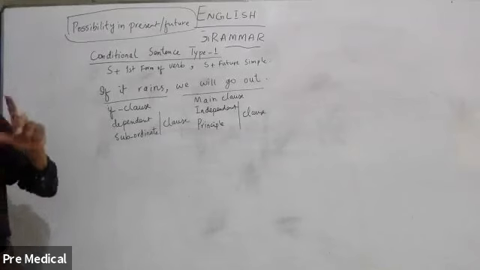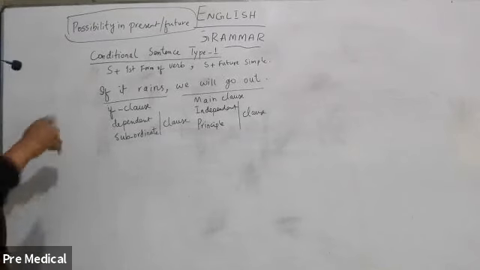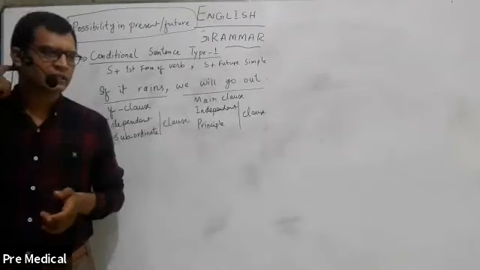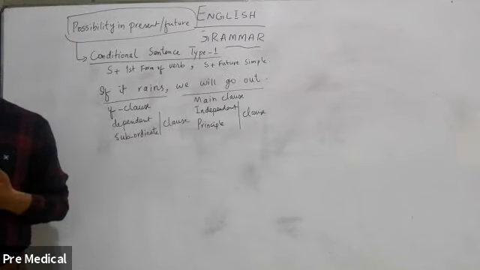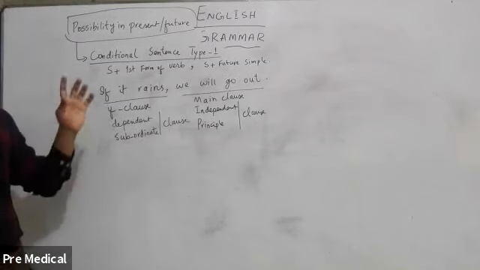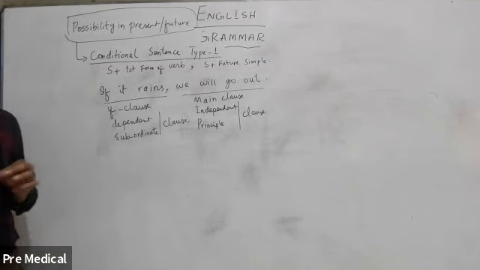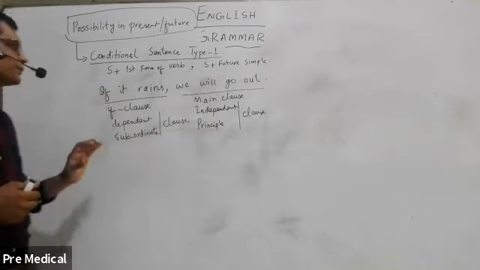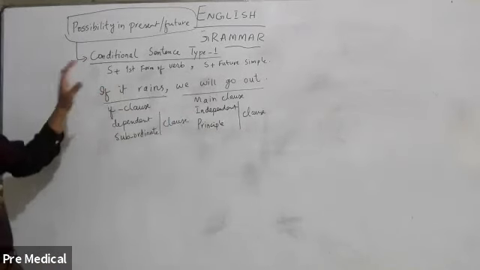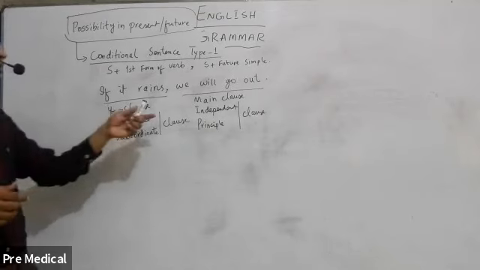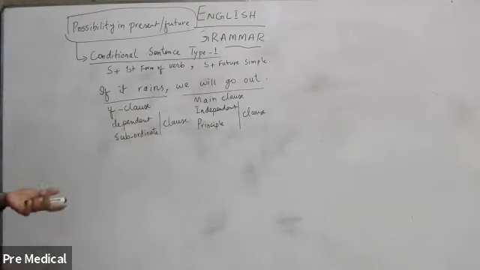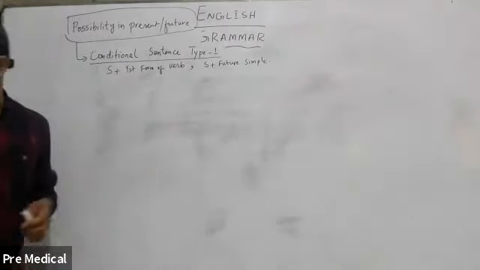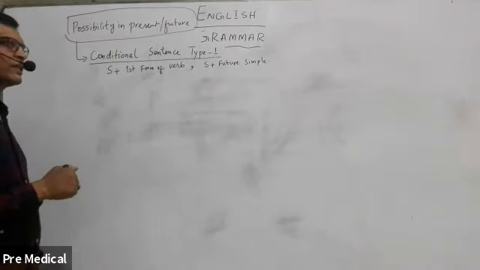You need to remember that this definition is important because in the other conditional sentence, which is type 2, we have a different definition. And the meaning changes as per its definition. So if the examiner gives you a certain kind of sentence, he wants to check this conditional sentence type 1. If it rains, we will go out. Now, what kind of question will come in the exam? Let's see. The examiner might give you a sentence like,